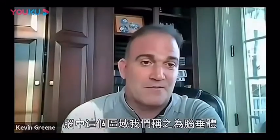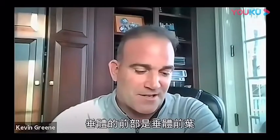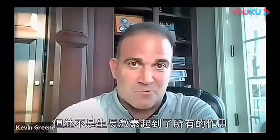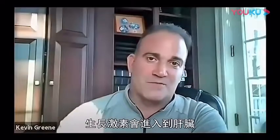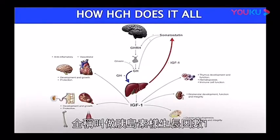Square here is something called our pituitary gland. The front of the pituitary gland is the anterior pituitary gland that releases human growth hormone. But it's not the human growth hormone that does all the work. Human growth hormone then goes to our liver, and from our liver, it releases something called IGF-1, which stands for